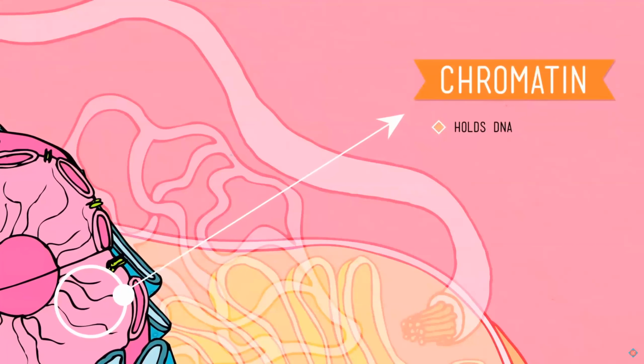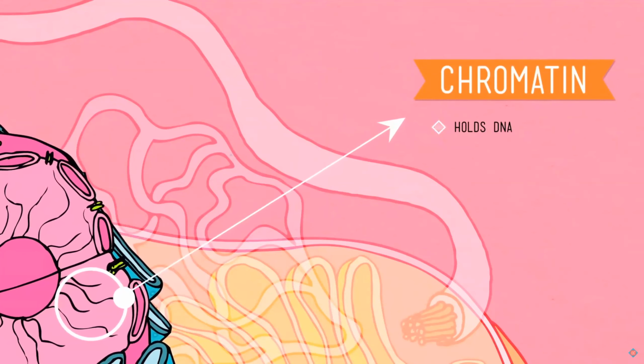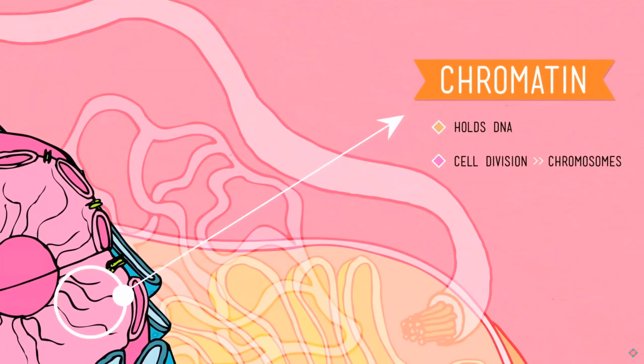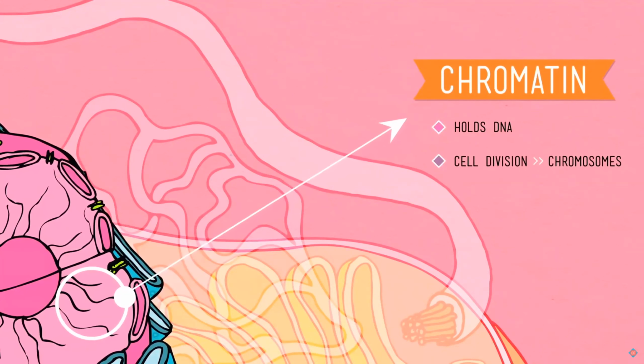The nucleus holds its precious DNA along with some proteins in a web-like substance called chromatin. When it comes time for the cell to split, the chromatin gathers into rod-shaped chromosomes, each of which holds DNA molecules. Different species of animals have different numbers of chromosomes. We humans have 46, fruit flies have 8. Hedgehogs, which are adorable, but less complex than humans, have 90.